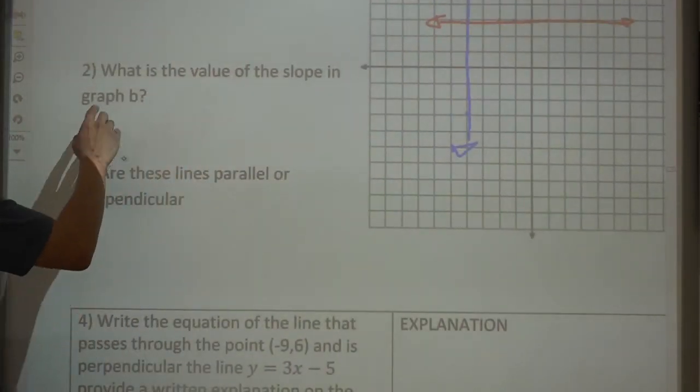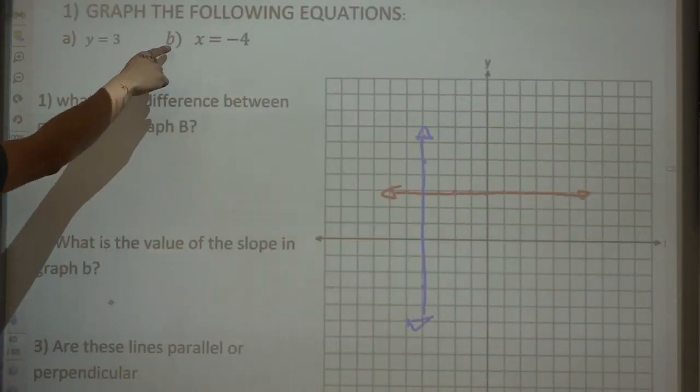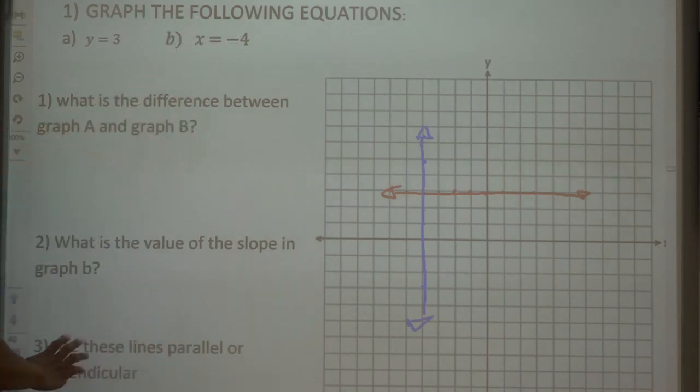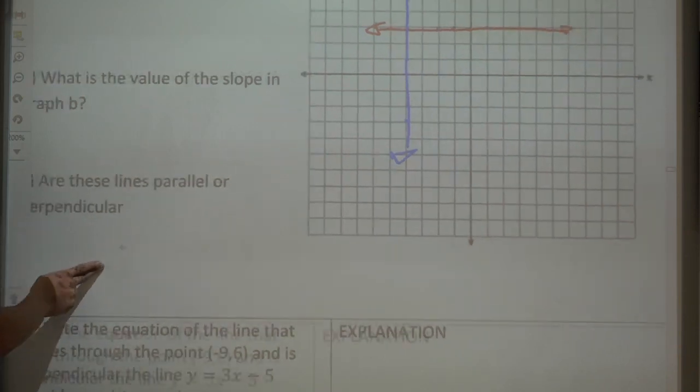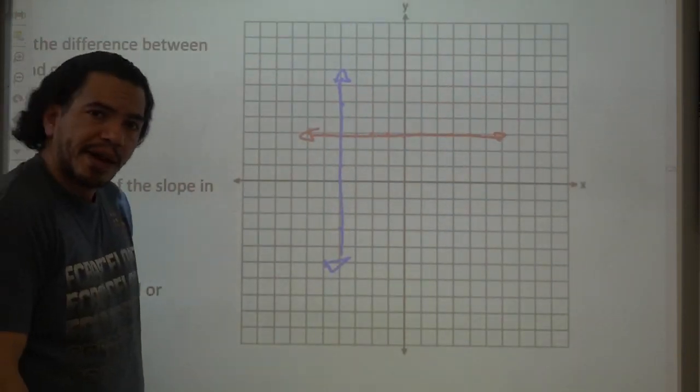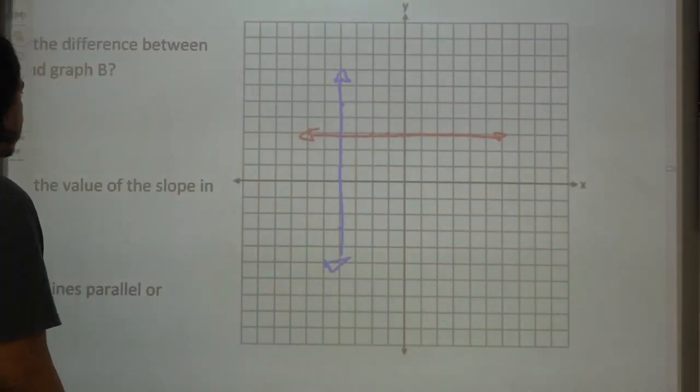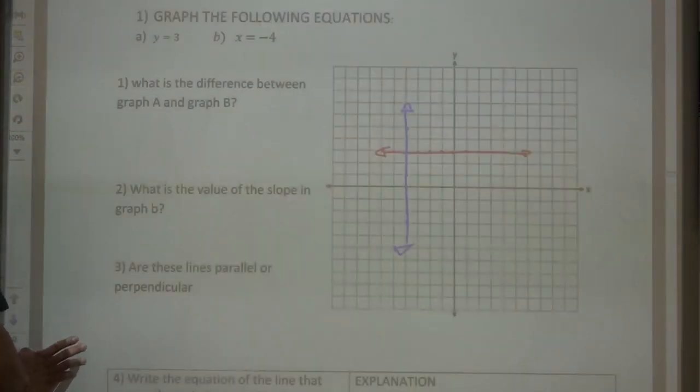What is the value of the slope in graph B? This graph right here, hello, no slope, it's undefined. Are these lines parallel or perpendicular? What do you think? Okay, so now,